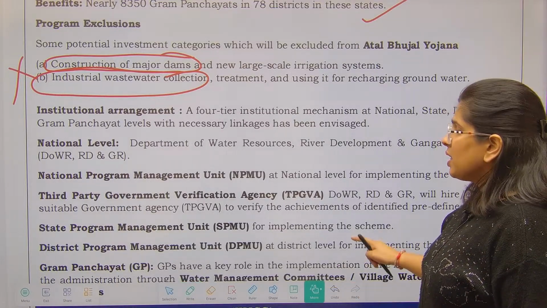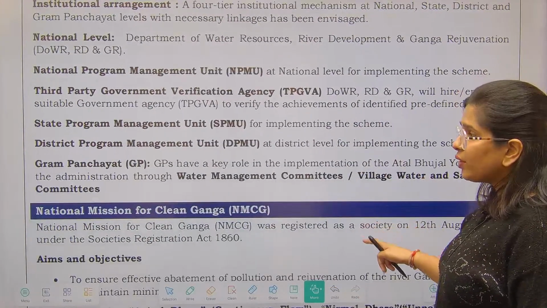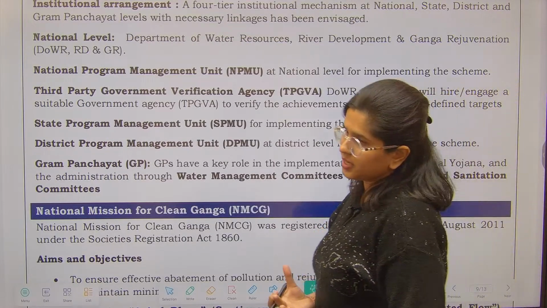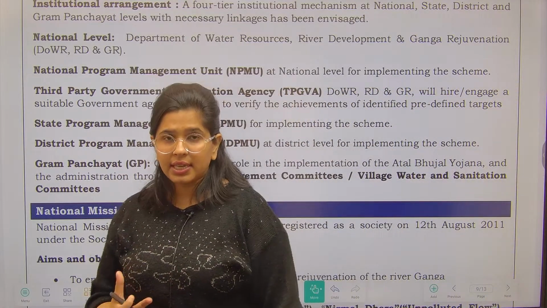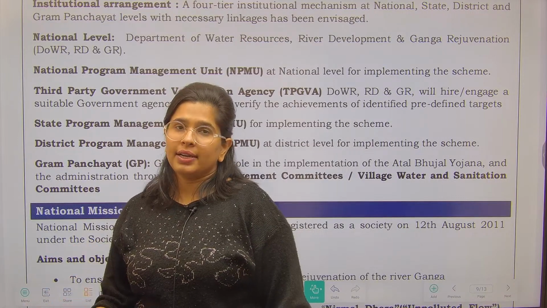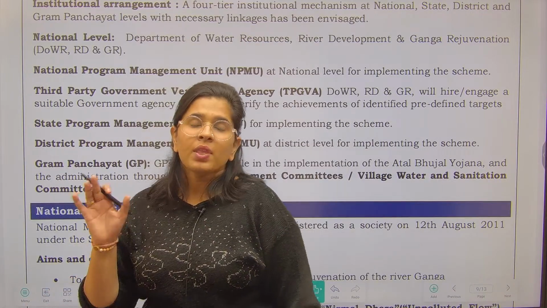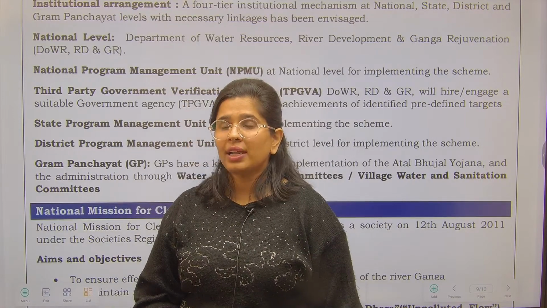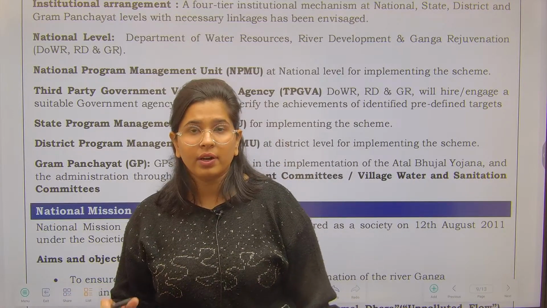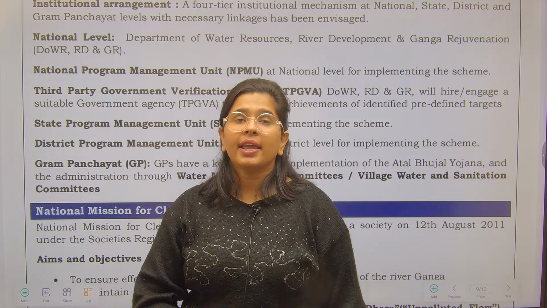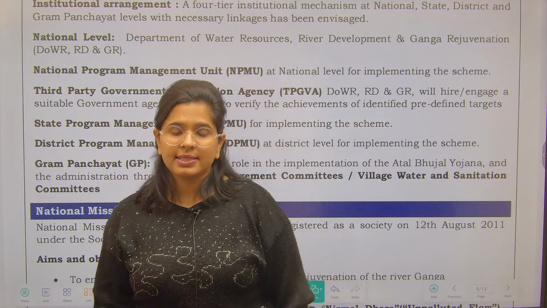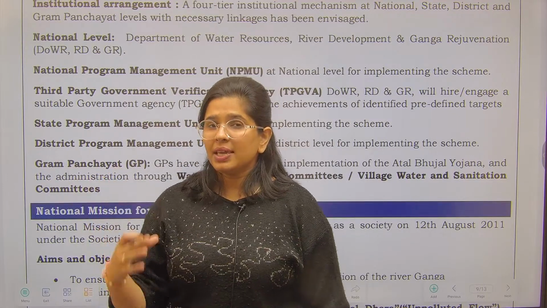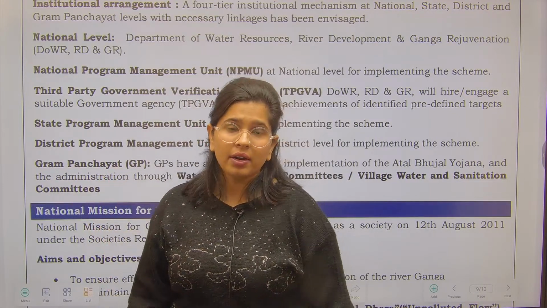And yes, the Gram Panchayat is going to play a key role in the implementation of this particular scheme. Here, what we are addressing in the Atal Yojana is groundwater related water conservation. ठीक है, there are some districts in our country which are severely water stressed and they do not have much groundwater left over there, and they come in the red area where the water level is seriously stressed. So for the conservation of it, this particular scheme is being implemented in the central part of our country.